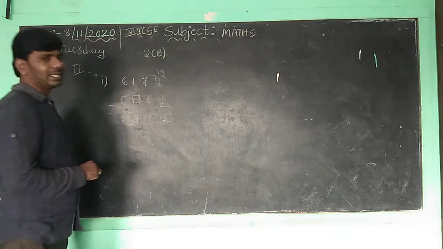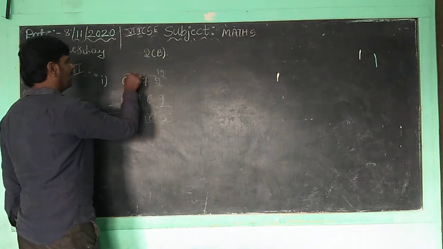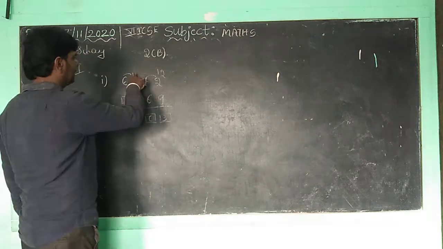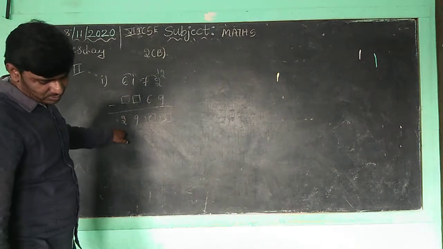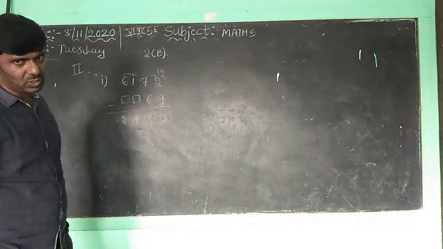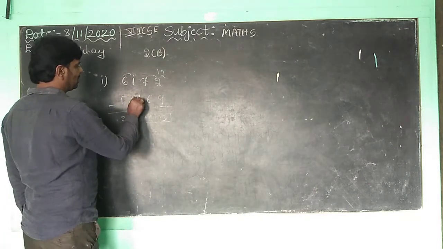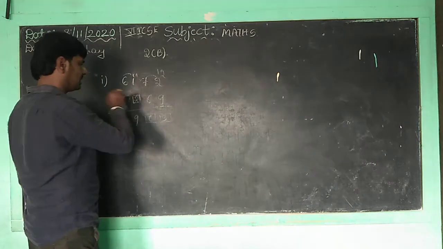Correct. And children, now we want to take a carry here also. Here 11 minus... so what is that? Here also now we want to take a carry. How can we do it? Here 9 is there, children. Now we want to take it. How can we write? There also 11 is there. You want to subtract here 2 is there. So 11 minus 9 is 2. Correct? So 11 minus 2 is also 9.